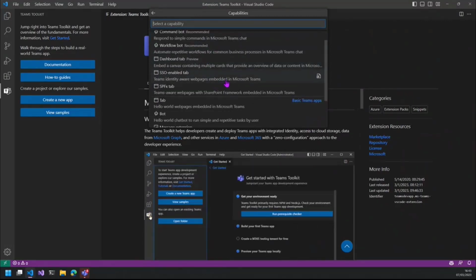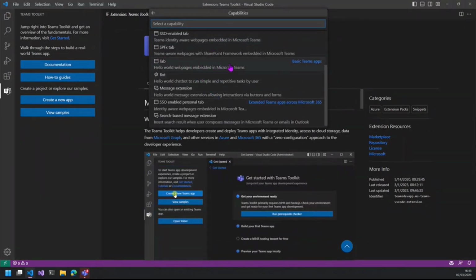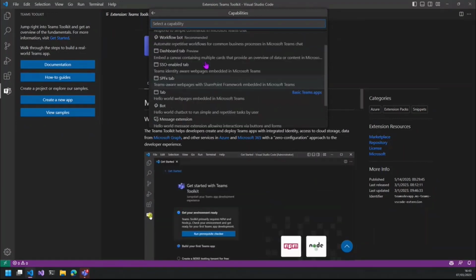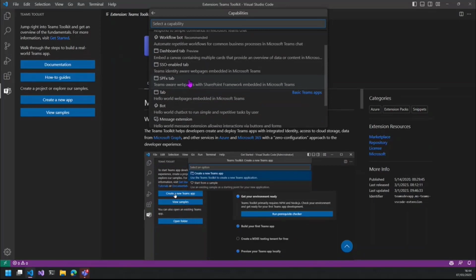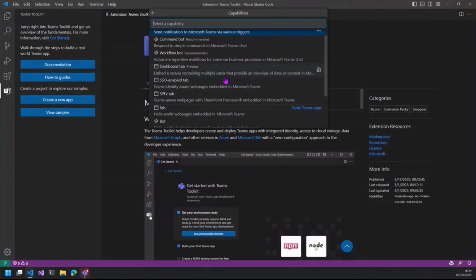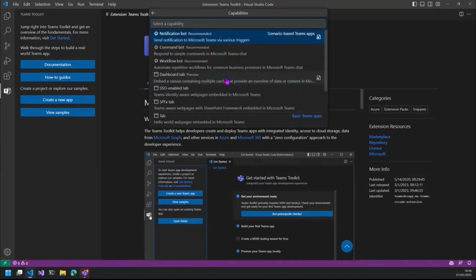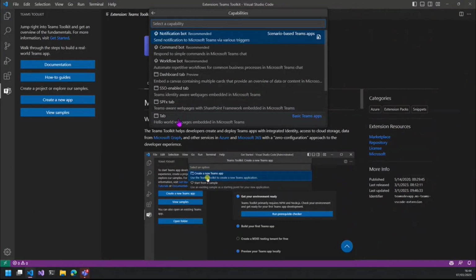So we've got a number of tab options for us. I'm going to start with our basic kind of Hello World tab. We've also got SPFx tabs as well. So if you're using SharePoint Framework, you can use Teams Toolkit to build your tabs. We've got an SSO enabled tab as well. So that's a tab that comes already pre-configured with SSO, and a new template called Dashboard tab as well, which sets up, as you can imagine, a dashboard-like tab that's got user interface already there that you can go and amend. For now, I'm just going to use the basic tab